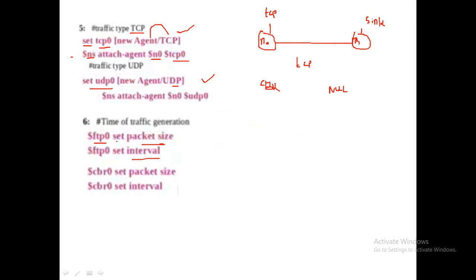Interval means time: at what interval rate from one packet to the next do you want to transmit? If it is TCP, you go for FTP in the application layer. If it is UDP, then you go for CBR. This is the sixth step, the commands you are going to use.